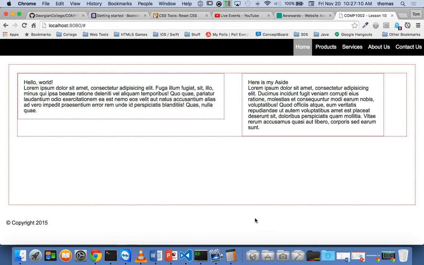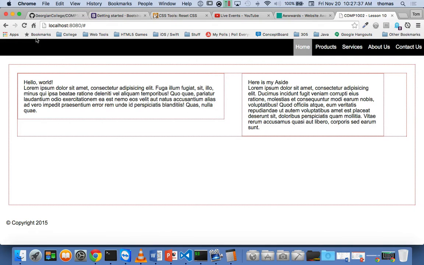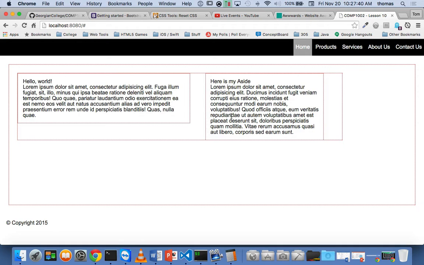That's the question, right? So if I go back to this, and again, I specify my whole wrapper has 10 columns. That's all it is. My whole wrapper that wraps around my main and my aside, right? But my main and aside have 4 columns plus an extra half column in the middle, plus border and padding and everything else to kind of separate these two things, right? So how would that work? If I refresh, it looks like this. It actually drops the amount that's in here to 10 columns, and then these two inherit that much width